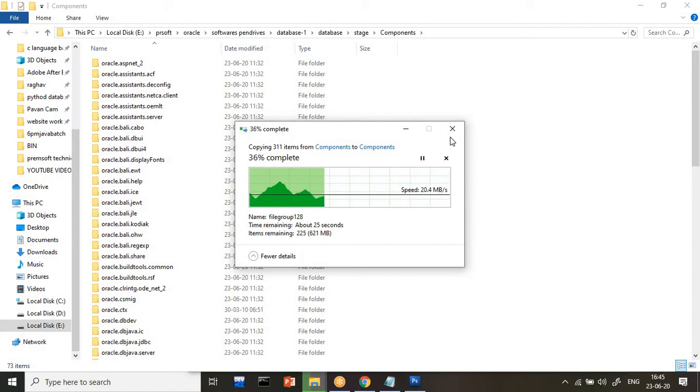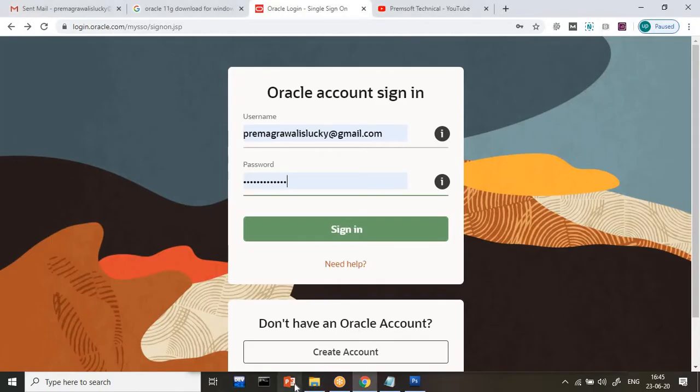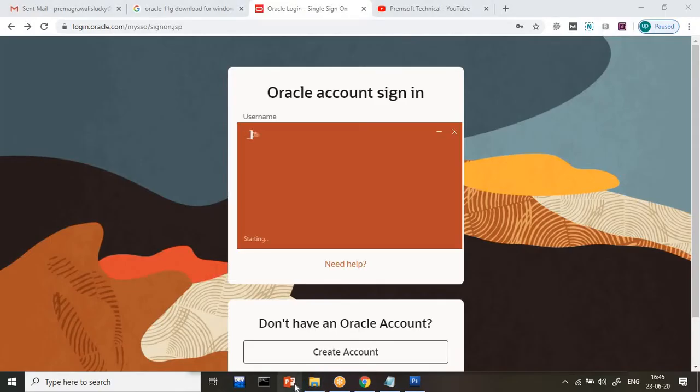So whenever we install this, it will take a lot of time to install. So what I did, I took screenshots of this, and I will show you those screenshots one by one. So I will just close here. Now you have got clarity on how to copy and paste it. So I am just cancelling it. I stored all the screenshots of how it will work.